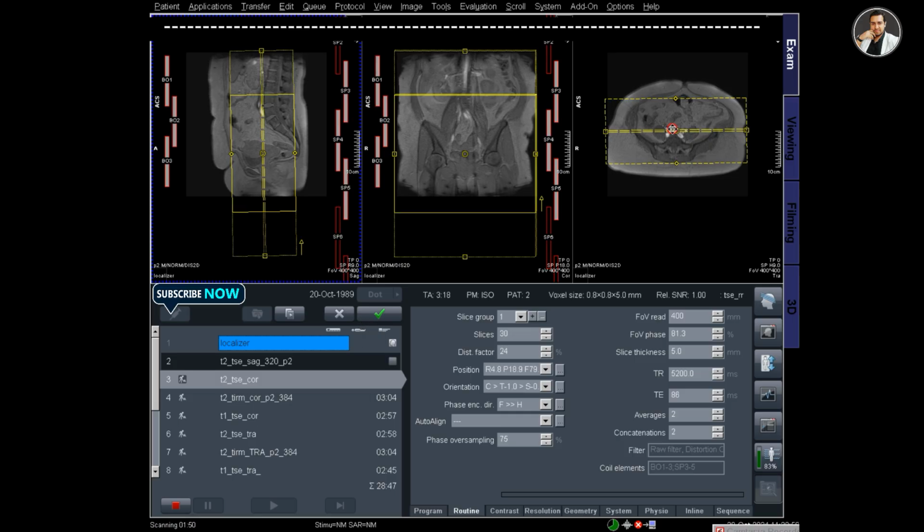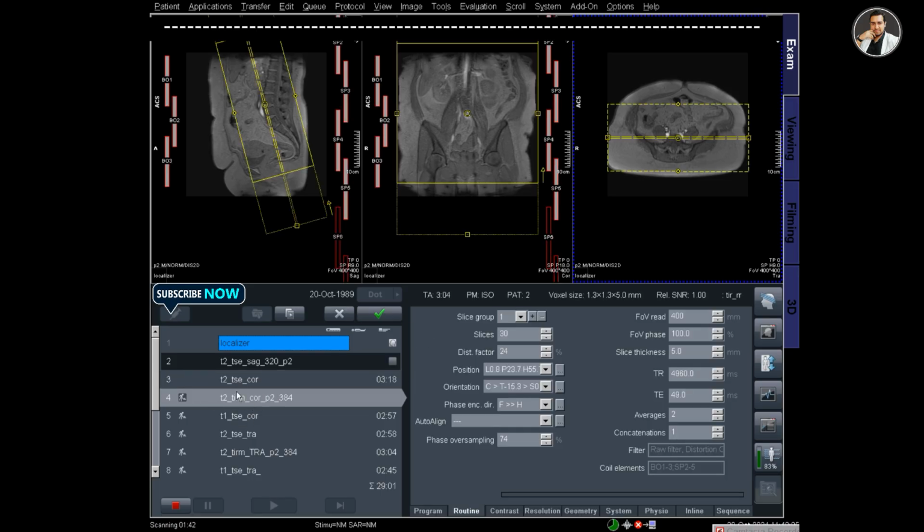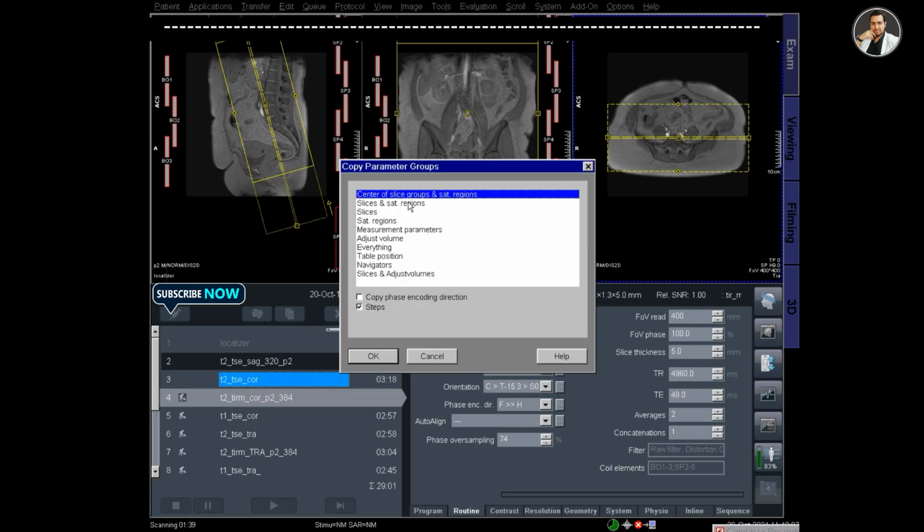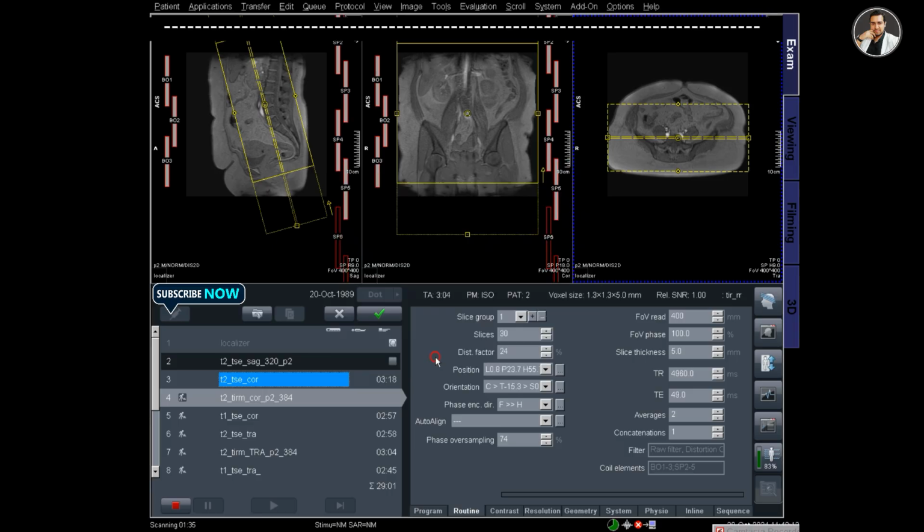If you are satisfied, then click the tick button or apply. Now the T2 TIRM coronal is open. I just copied the plan from the T2 coronal and click apply.